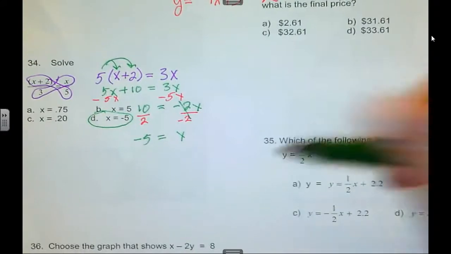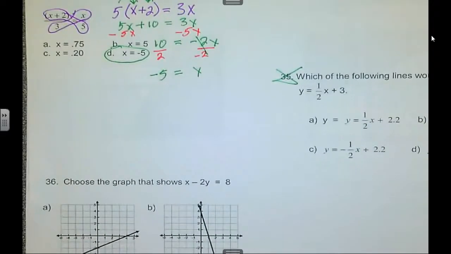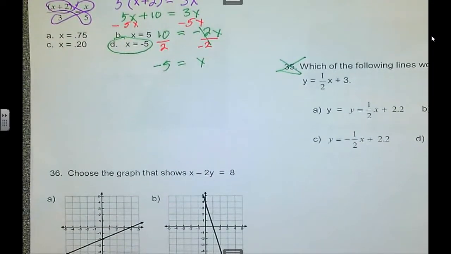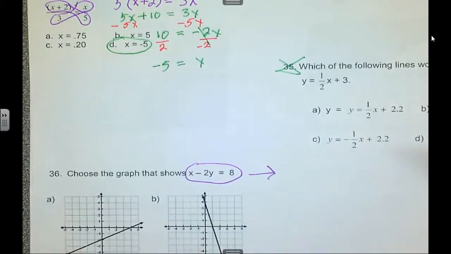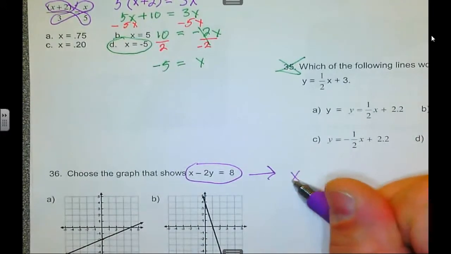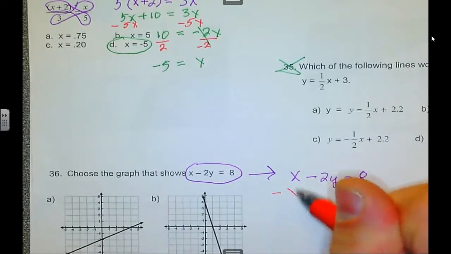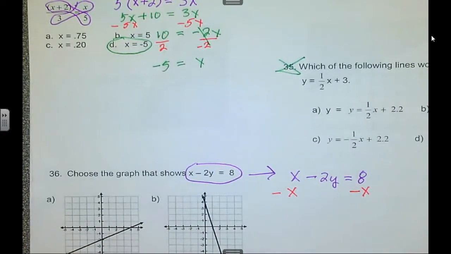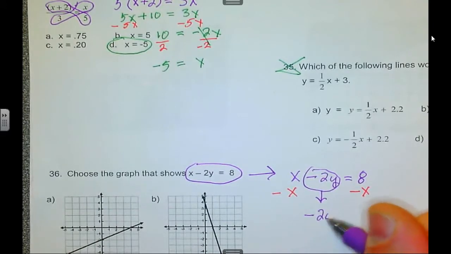35 is another parallel slope problem we didn't do. 36. Choose the graph that shows x minus 2y equals 8. What do I have to do first here? That's right, solve for y. So I'm going to subtract x from both sides. Bring down my minus 2y. I'm going to